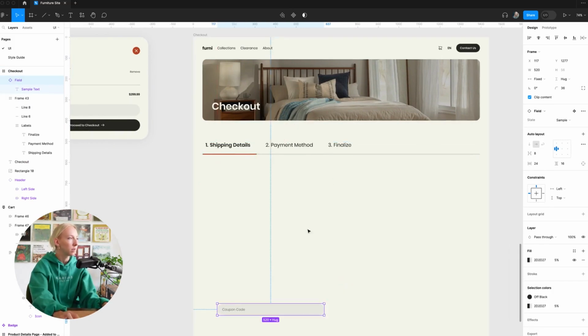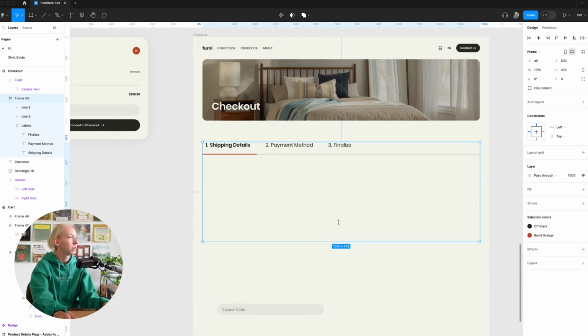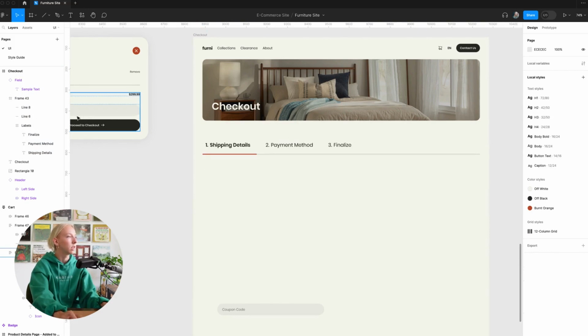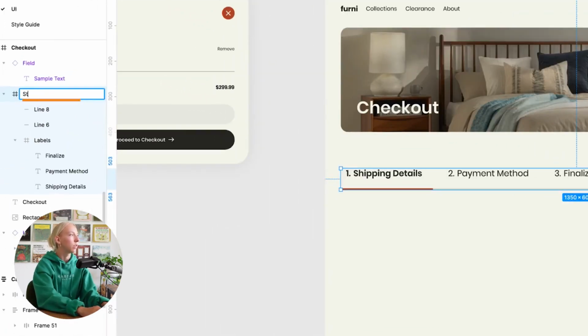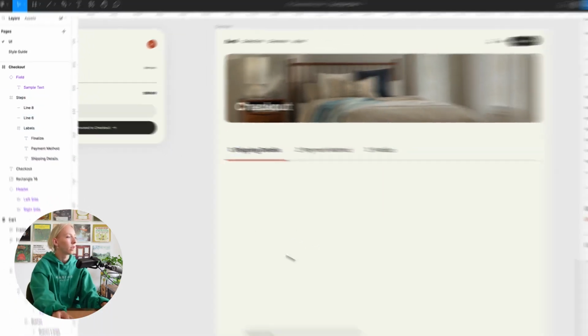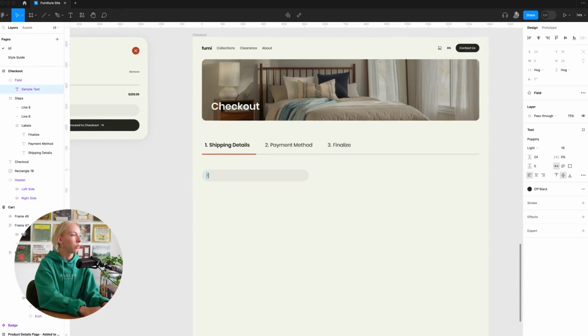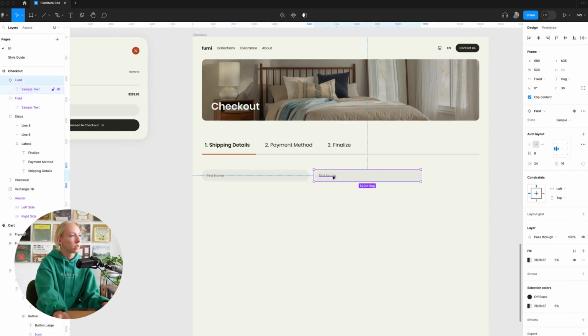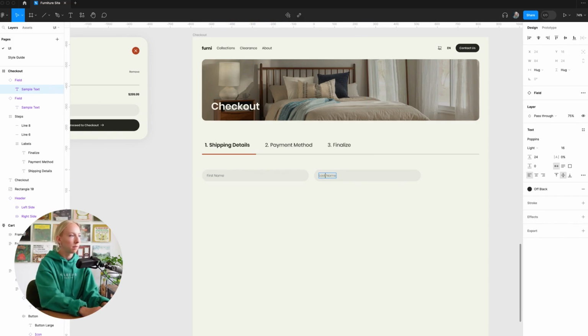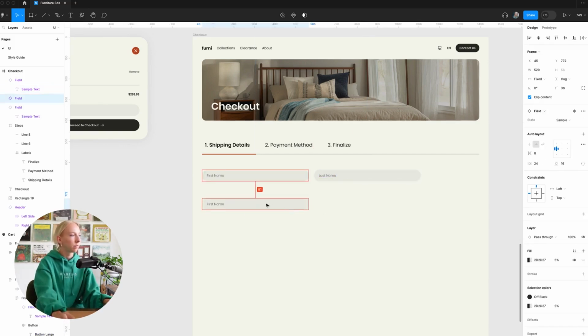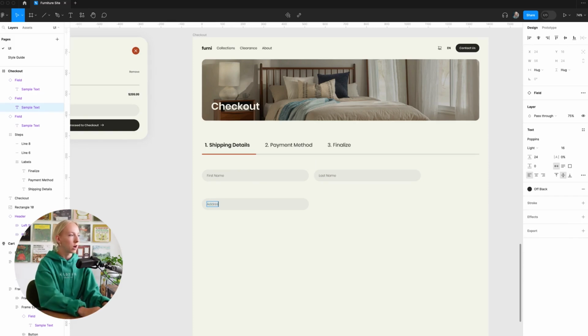So actually I want this to be in a different frame. So I'm just going to close that frame up. So that's just these, we'll call this steps. And then down here, we'll kind of frame together all of our fields. So we want one here for first name, last name, address,